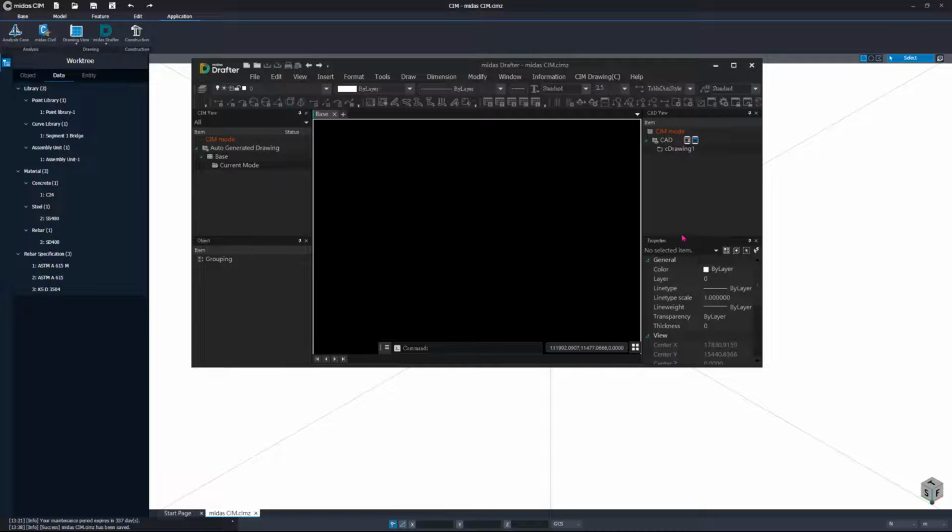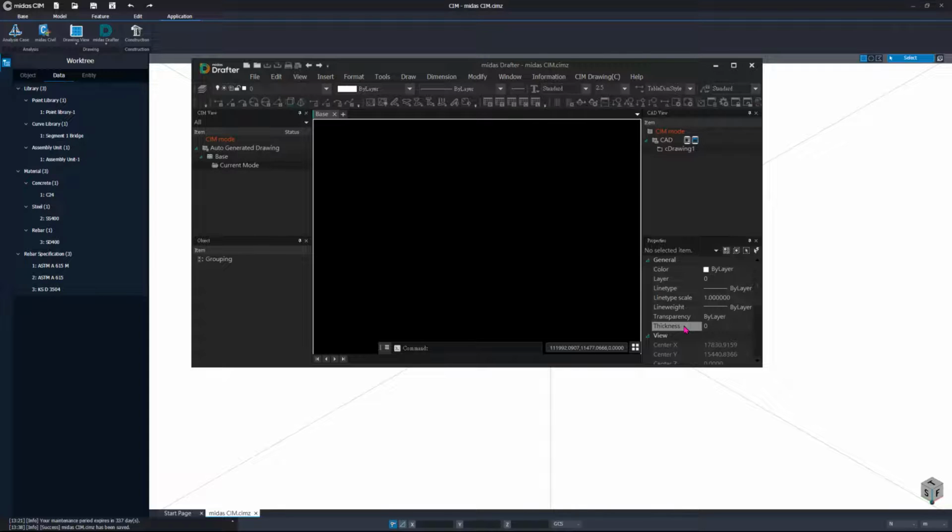And the right hand side here is just the drawing that you currently have in the Midas Drafter. And the bottom right side here is the properties. This is useful if you want to decrease the size of the rebar information and the size of the tendon information of your print layout.